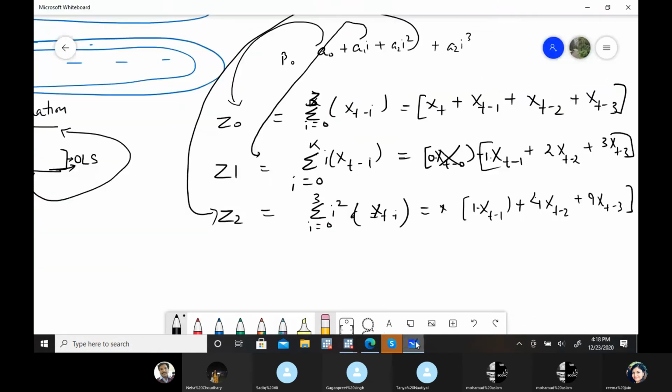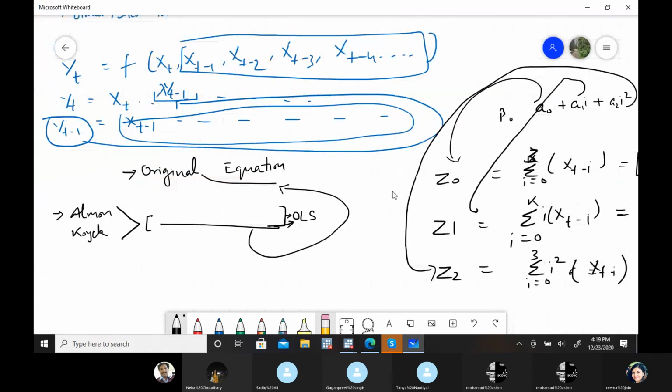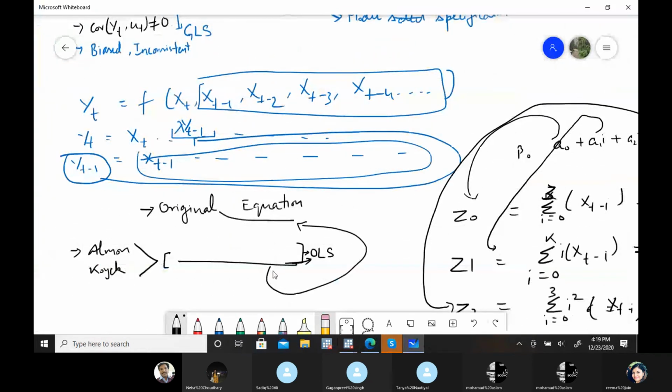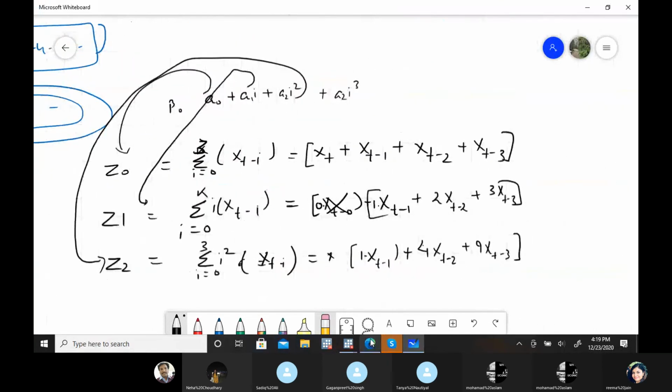But as I told you, the original purpose is that we need the original coefficients, right? Yes, we have these equation coefficients, but we need the original coefficients. So for that, you have to make these changes.